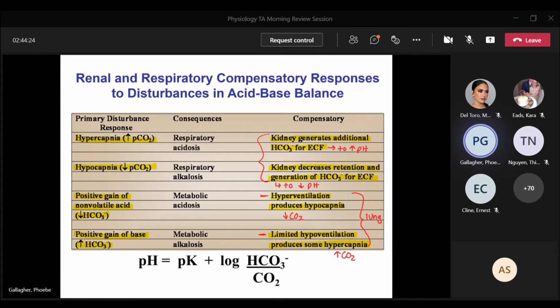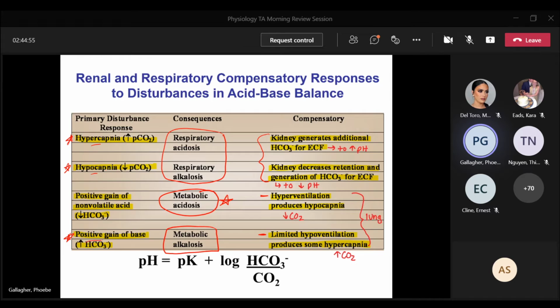So he does go into metabolic acidosis in more detail in the next several slides. So this is a good summary slide, mostly for your respiratory alkalosis and acidosis, as well as your metabolic alkalosis as well. But not so much for your metabolic acidosis because he does go into detail. So yeah, mostly use this for review of these three because that's all he really wants you to understand for